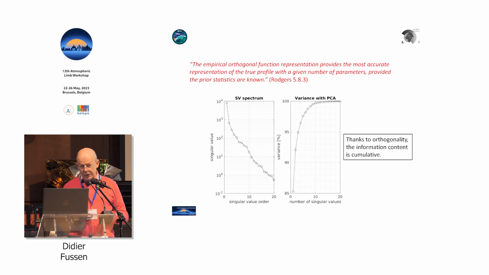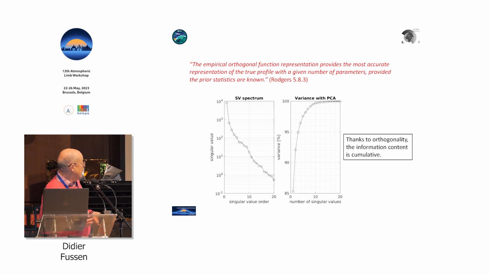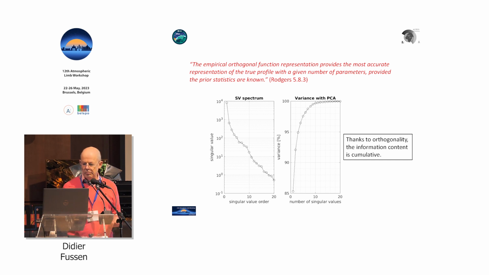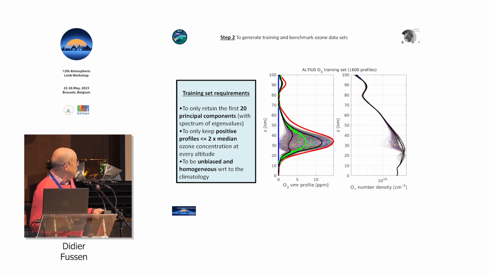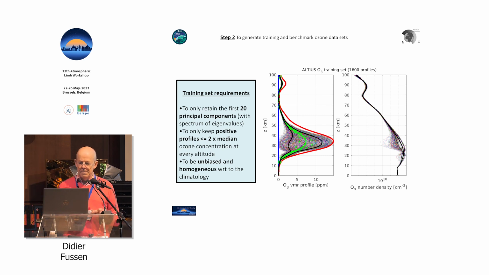And this is not really new. If you look at the book of Rodgers, you see that it is recommended to use this kind of representation, because you can get more than 99% of the variance described by this analysis as soon as you have more than 10 components. So we need a big training set, which is taken from climatologies. We extend the domain to twice the median value, and we will generate a homogeneous and large data set inside